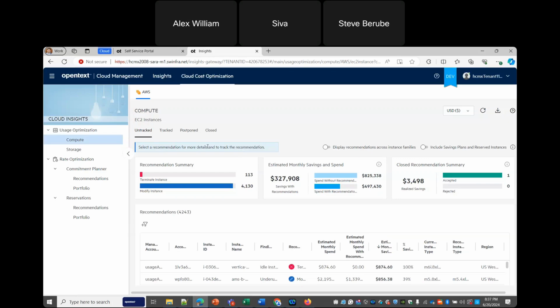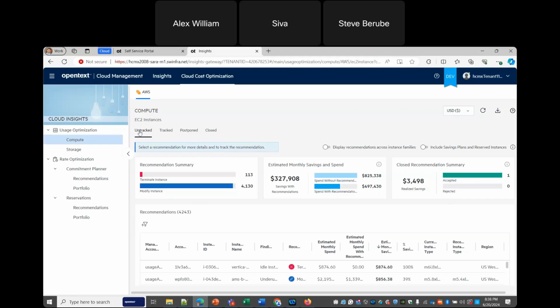So all this, they should be able to see it from this view. And I am now acting as an engineering team persona, meaning I'm an engineer. I've got a number of recommendations. Now I need to take these recommendations through the process in order to execute, so that I should be able to avoid the waste. And here we are talking about the compute waste, and this feature already exists. It is just that we have introduced the process workflow in a native way,